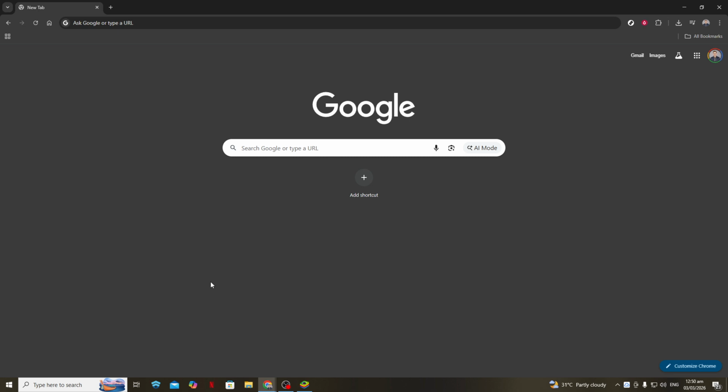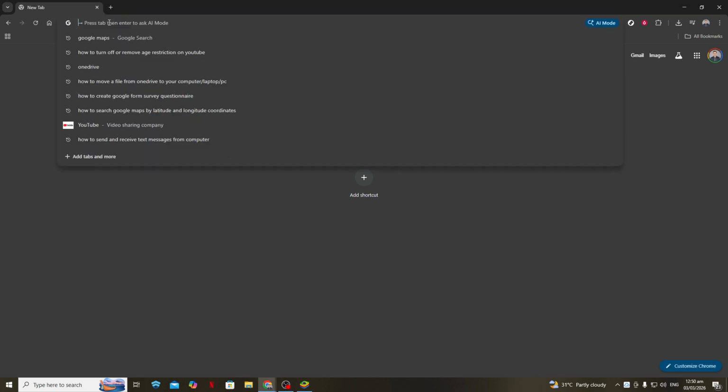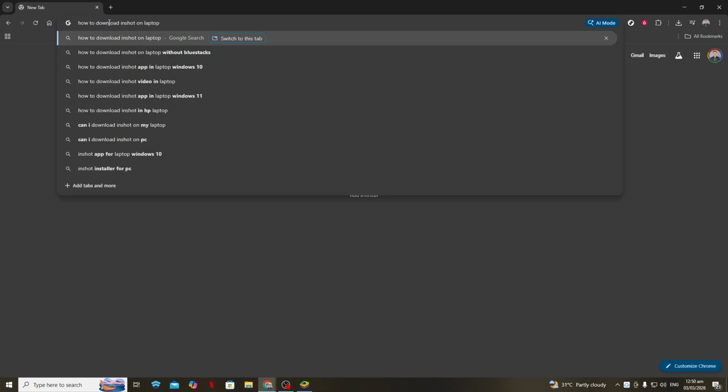Start by opening your preferred web browser on your laptop. This could be Chrome, Edge, Safari, or any browser you're comfortable using. In the address bar at the top, type in a search phrase like, "How to download InShot on laptop." Then press Enter. This will bring up a list of guides, tools, and official resources that explain ways to run